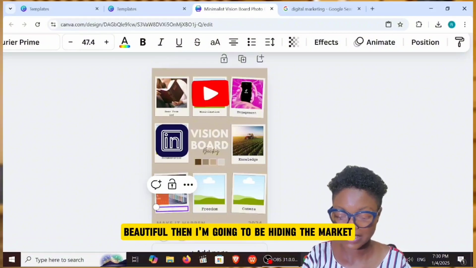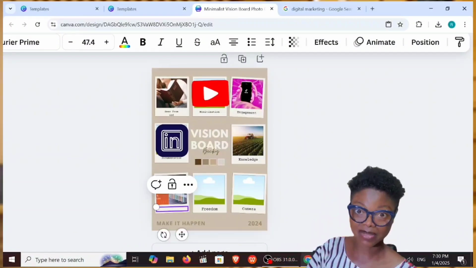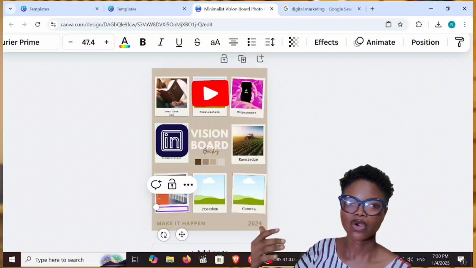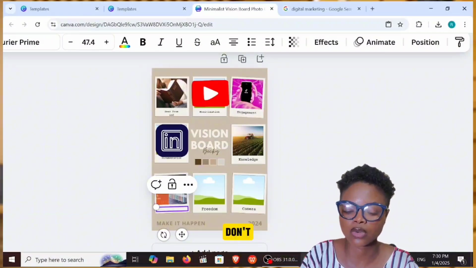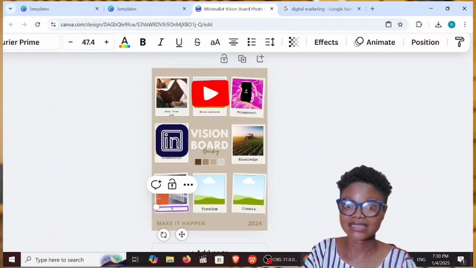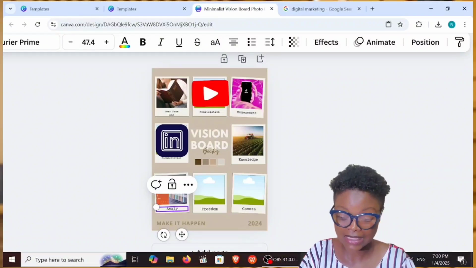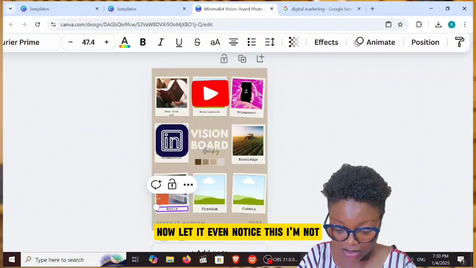Beautiful. Then I'm going to be adding digital marketing, and don't forget, I'm into digital marketing before now, but then I want to learn more on analytics because I actually want to have collaboration with companies outside Nigeria. So that's why I want to learn Google Analytics and other analytics. So I'm going to be writing analytics. If you notice this, analytics. If you notice this, I'm not